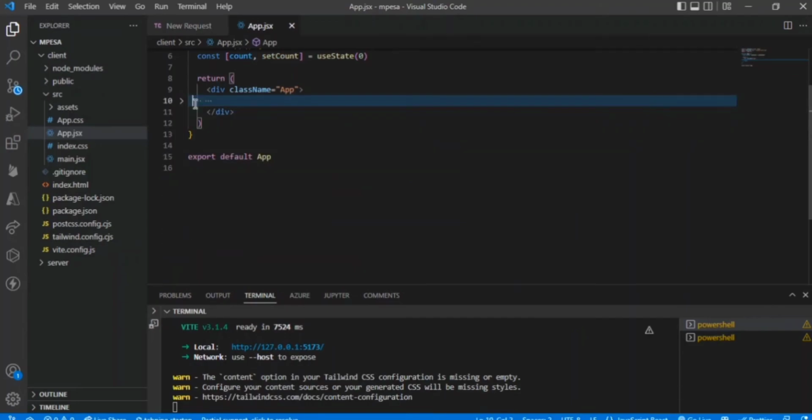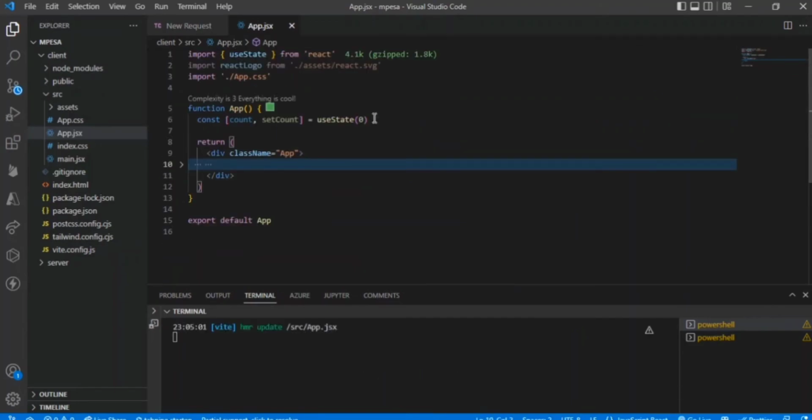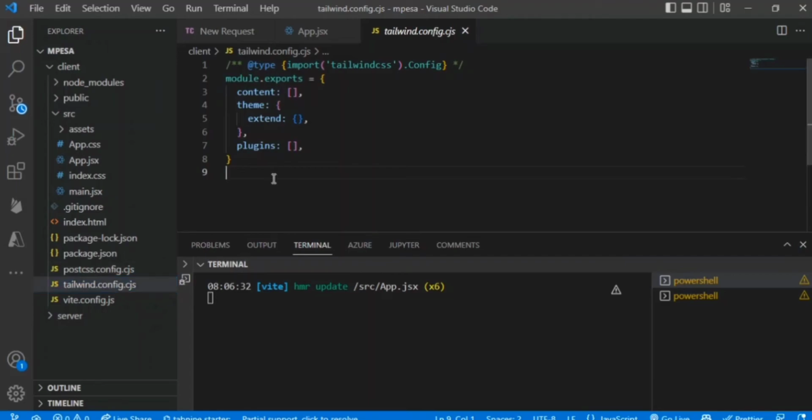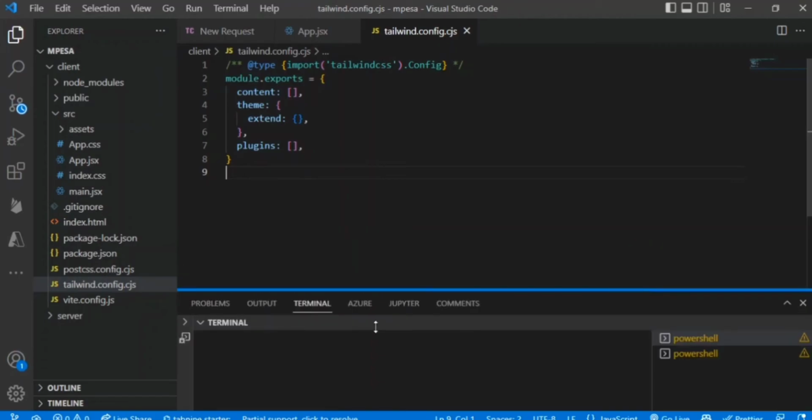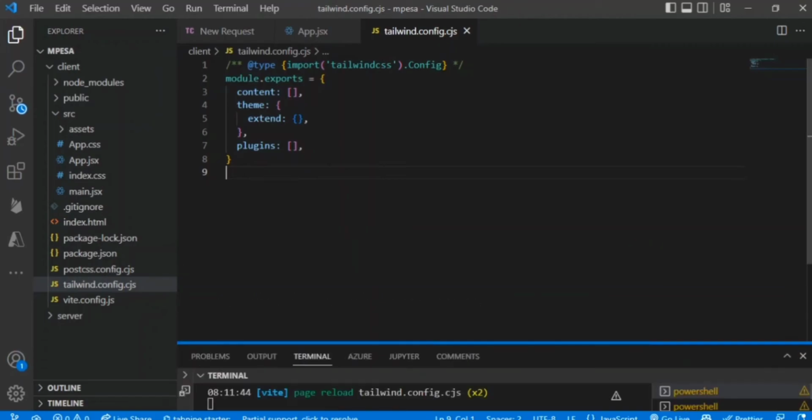We clean up everything we don't need, the useState we don't need, and the logo, the SVG right there. So guys, we will be using Tailwind for styling. So we need to have that set up. So in Tailwind